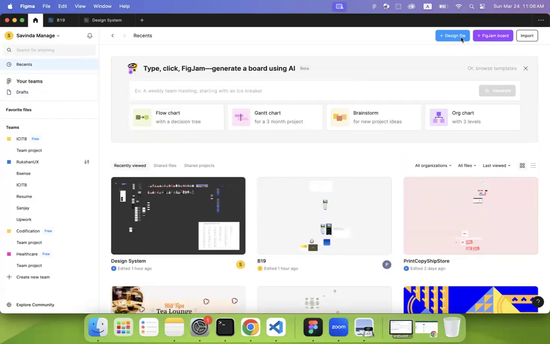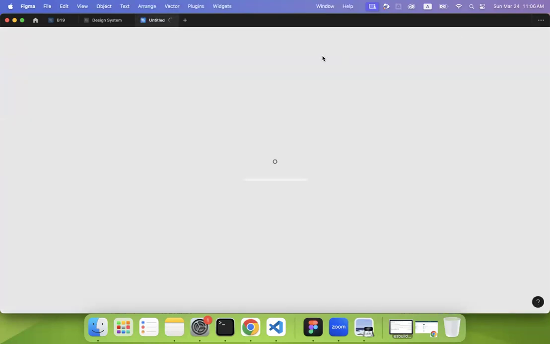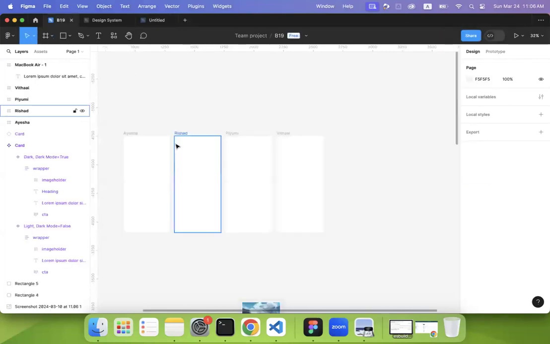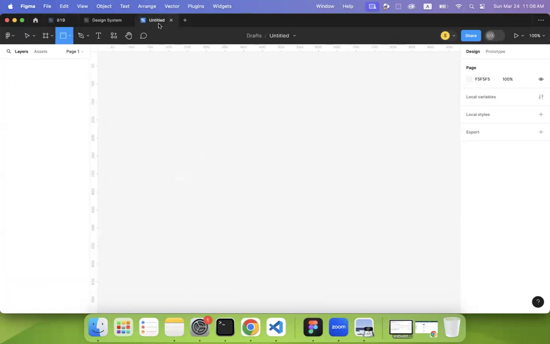And in here we have design file. We can open a design file. A design file is something like this, and you can do your designs. It is something like this. And if you